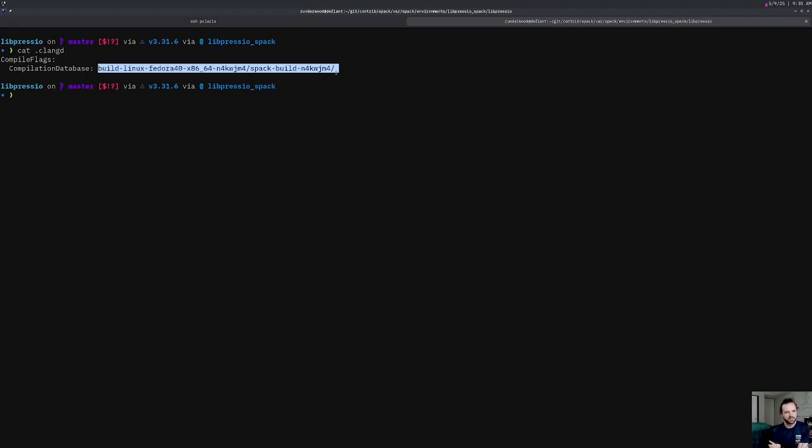What makes this maybe a little bit annoying is if you're doing matrix builds that are each using the same develop directories, which is another thing that I do actually do. Then you potentially would have multiple of these that would conflict with each other. A good example of why you might want to do that